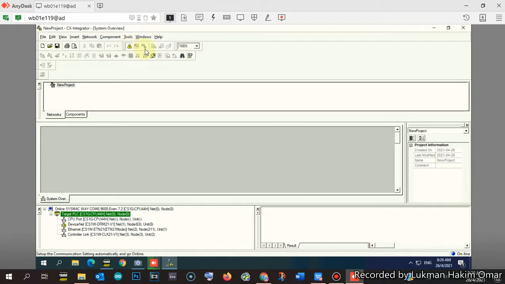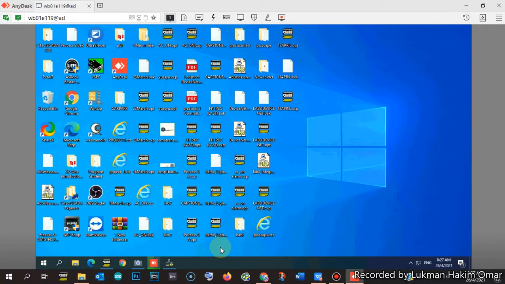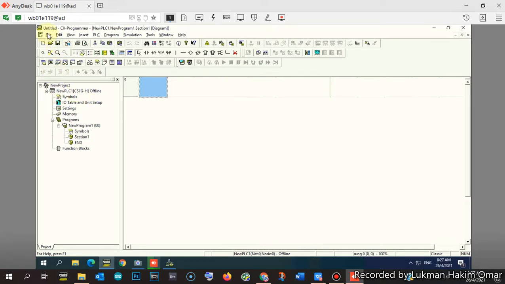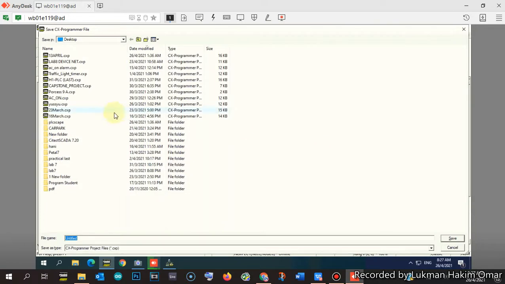Now we go to the slave PLC. For this one you have to go offline, and then minimize it. We go back to CX-Programmer. For the master PLC we have to go offline, and then we leave this one, or maybe we can save this project. For example, we name it master PLC.